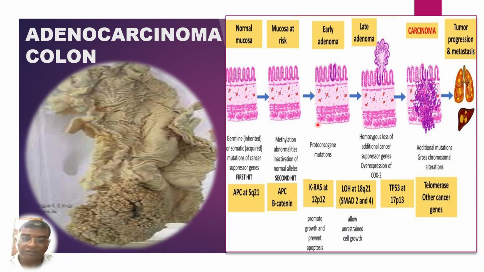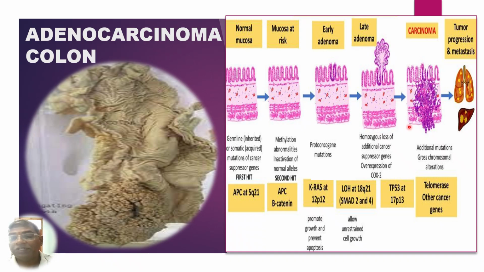This early adenoma, because of the KRAS mutations, there will be stoppage of apoptosis. They will act as anti-apoptotics and promote the growth of further cells. As a result, there will be further conversion of early adenoma to late adenoma. There, because of SMAD2 and 4 mutations, homozygous loss of additional cancer suppressor genes and overexpression of COX2, it will lead to